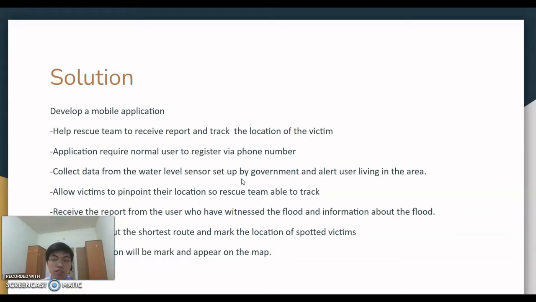And this application also has drones to scout the route and mark the location of the spotted victims, so that it can help the rescue team to have a better location of the victims. And lastly, the reported location will be marked and appear on the map so that the rescue team can check, oh, this location has victims and we need to go there, and it is easier for them. Okay, so that's all for the solution.